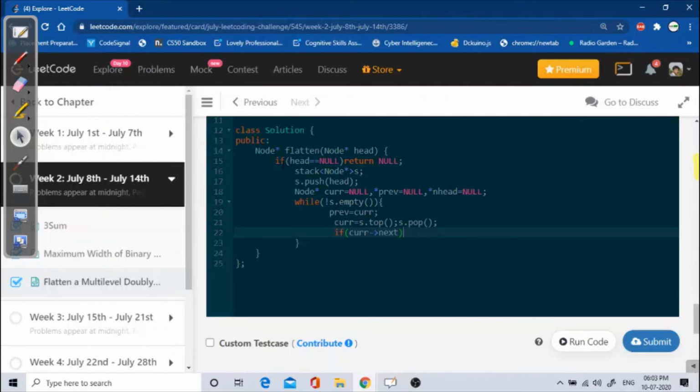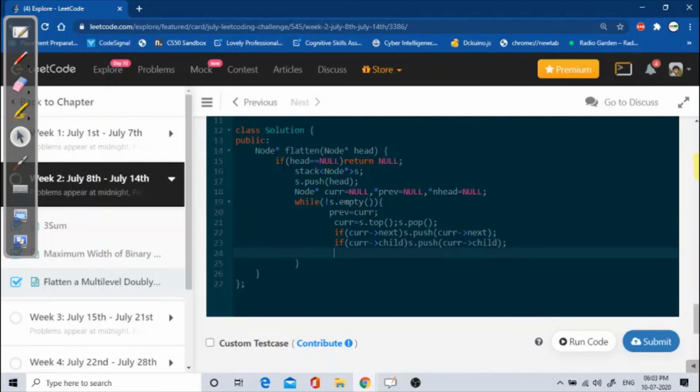So if we have a valid next node, we will push that node in the stack. Again I'll see if I have a valid child node, and I will insert that child node in the stack.